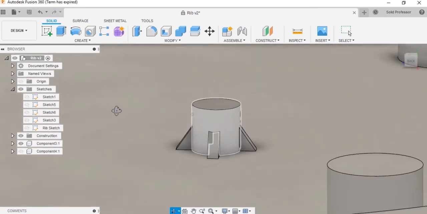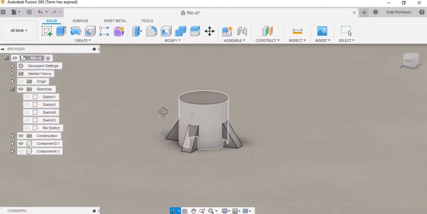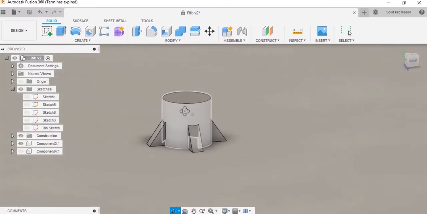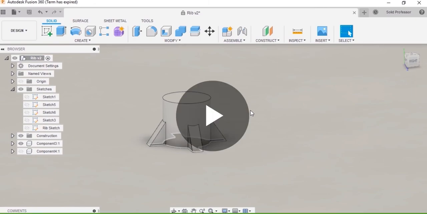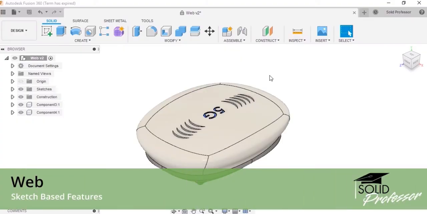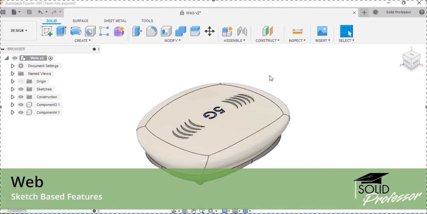Using the rib command is a quick and effective way to add support to a model, and since it only needs a single line sketch as a base, setting it up is often a simple process. The web command, like the rib command, is used to create geometry from sketch curves that